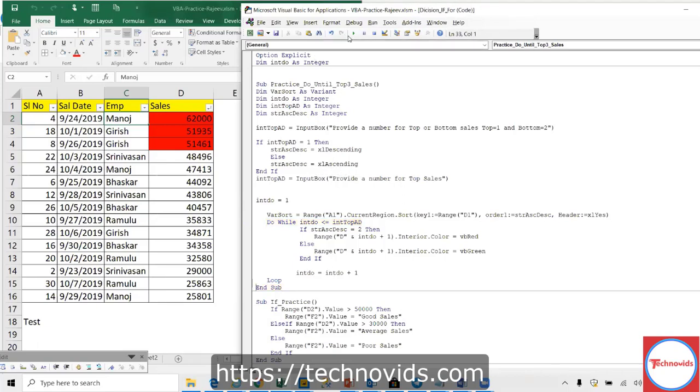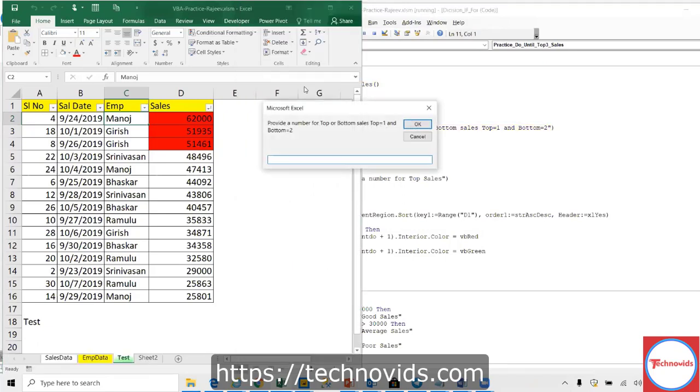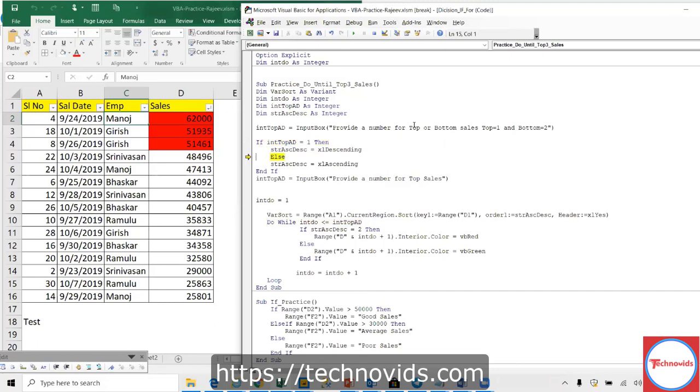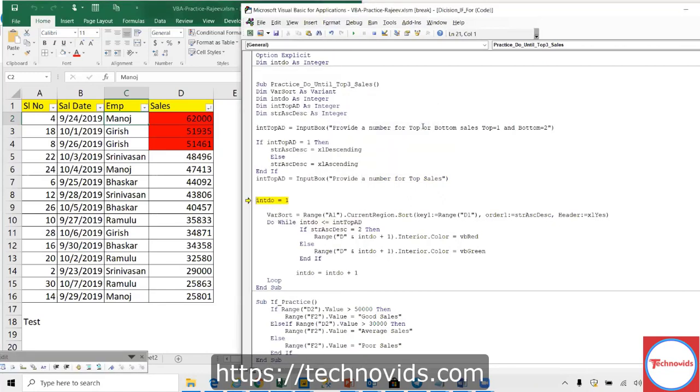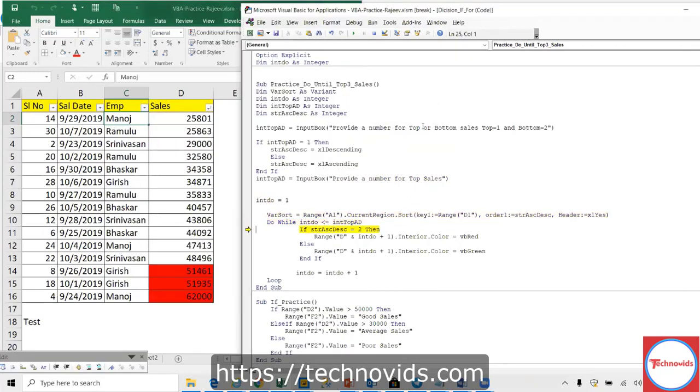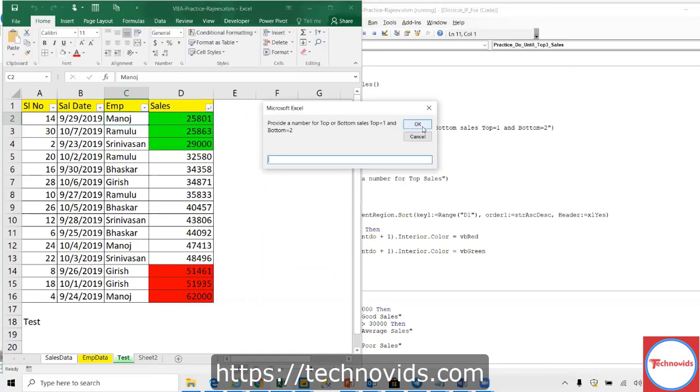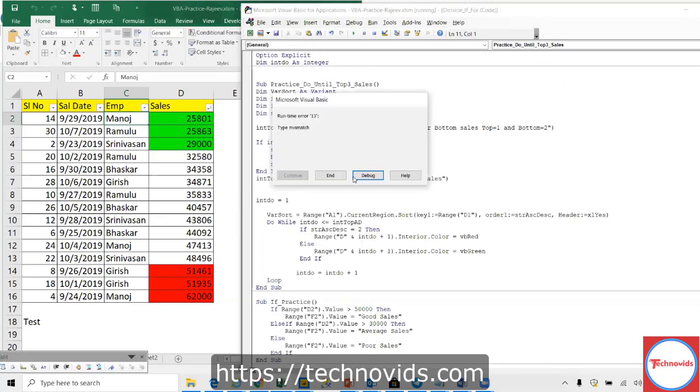Now again I'll run this. F8. So bottom is 2. I gave 2, I thought. That time I gave 1. Okay, ascending. This is fine, and 3. The logic is reverse, that's it actually. Okay, that's all.